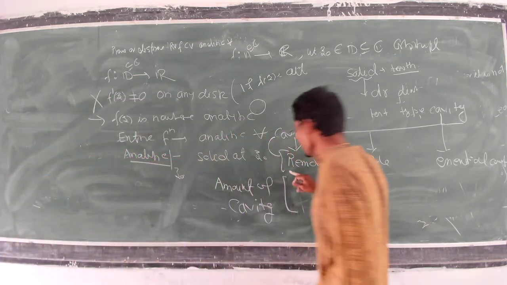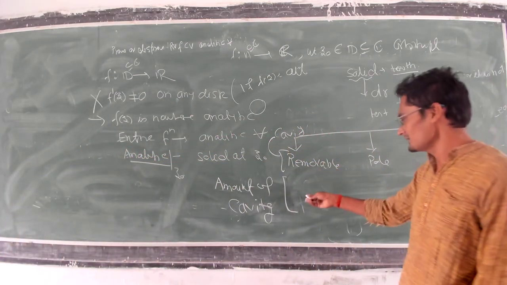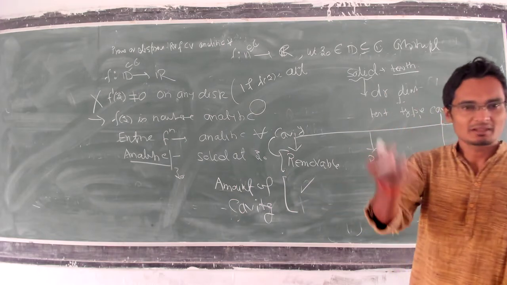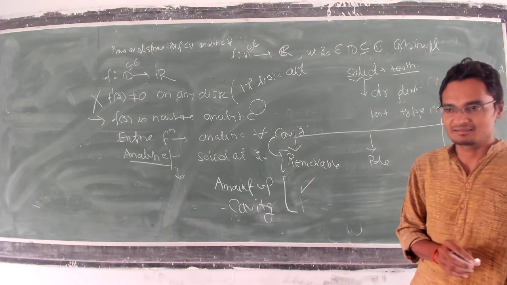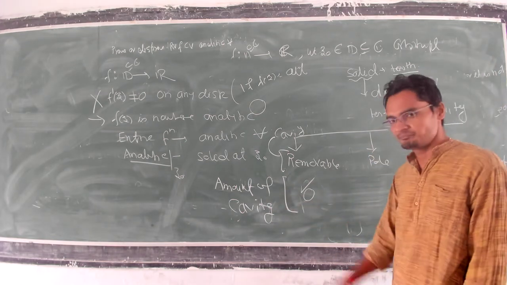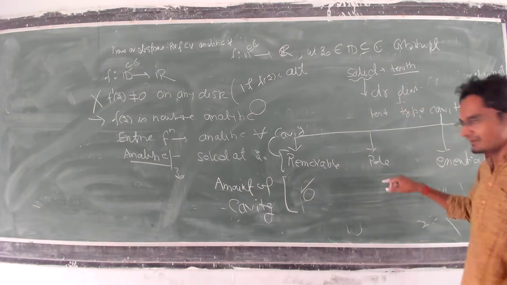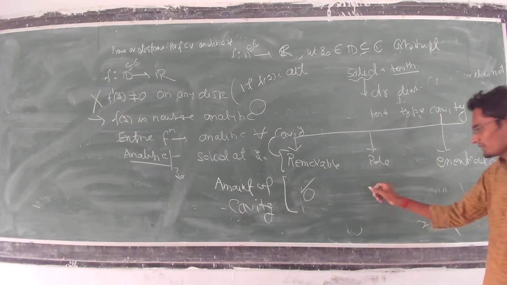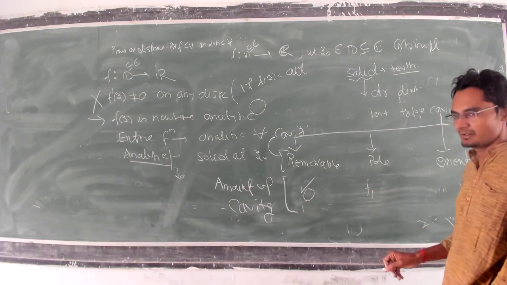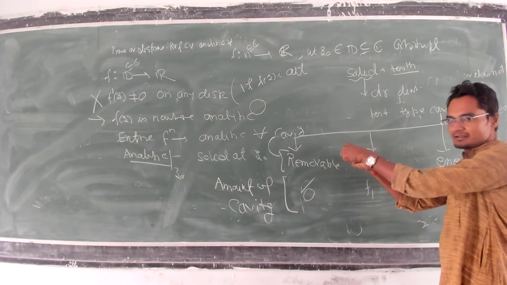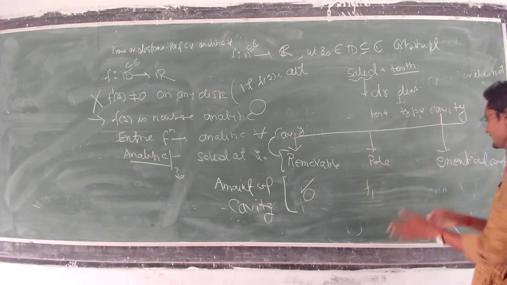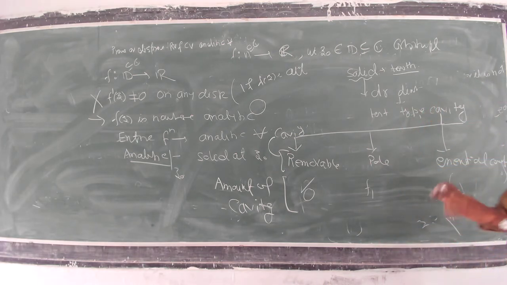So if the cavity is removable, the doctor will say go and enjoy. It will go within 6 or 7 days. So here it is zero, the cavity is not there. It is just a normal problem. Second, we have a tool, some formula. Suppose this is F1. So this amount you have to fill, and it becomes solid again. Third one, again we have a formula. We will fill it.